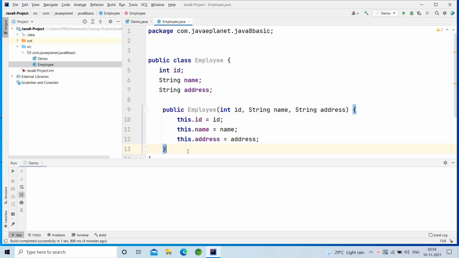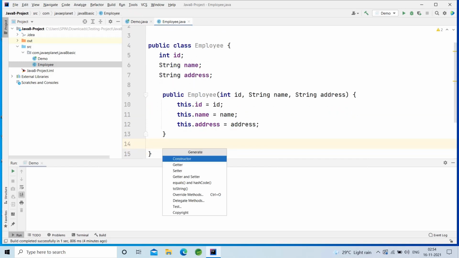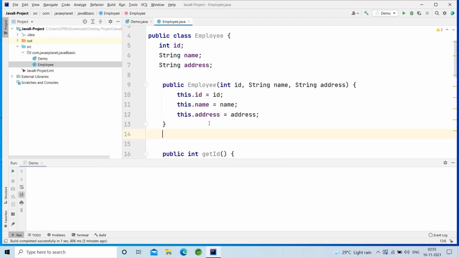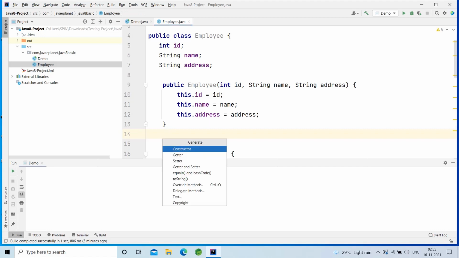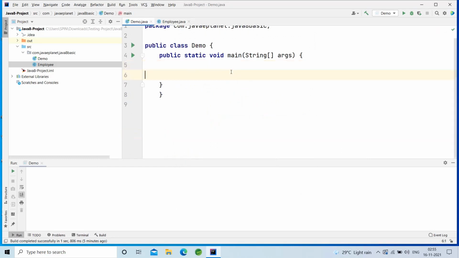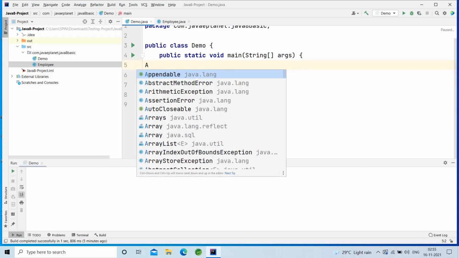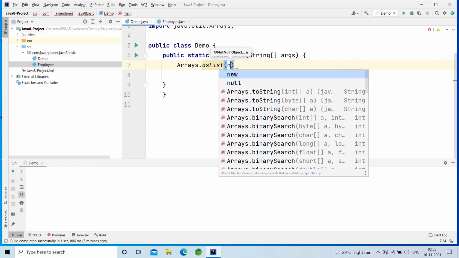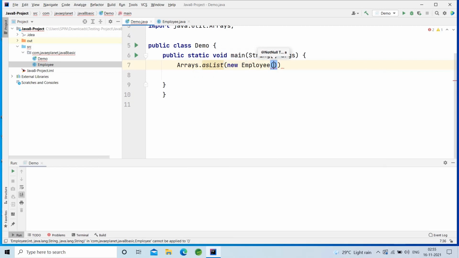Okay, that will generate the parameterized constructor, and press Alt Insert. That will generate the getters and setters. And also press Alt Insert and generate the toString. That will generate the toString. And now create another class which is a demo class. In the demo class, what I am doing is Arrays.asList, create the employee object and pass the